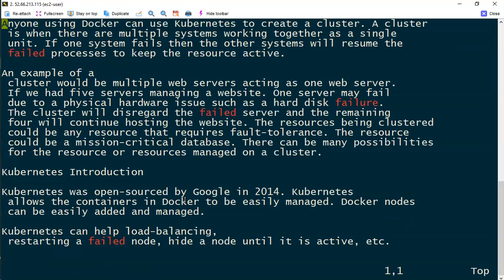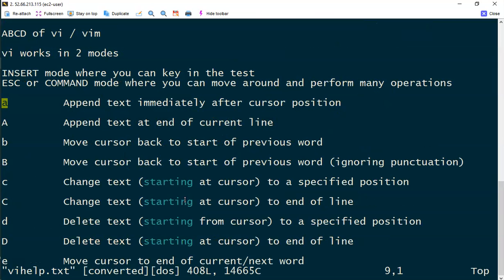As I talked about, we can use GG for going to the beginning of the file. And if I want to go to the next file, if I have edited multiple files, Shift:N will give me the next file that I have edited in the VI. When I entered VI, I entered the two file names and I can use them. If you want to toggle between them, I can use Shift+6 between two files. You can observe over here, you have two files which are available where we can toggle them.